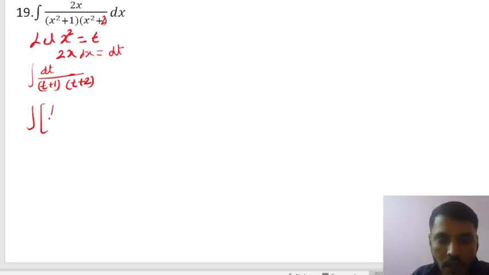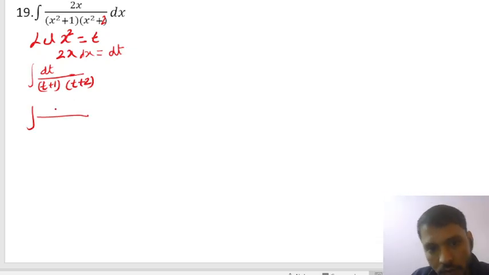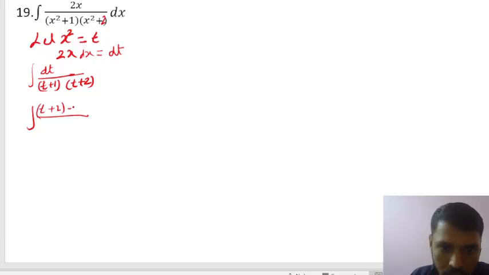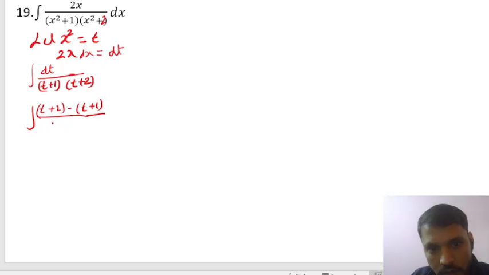Before that I am just taking the LCM, then I will write this step. Means we can rewrite this as t plus 2 minus t plus 1, divided by t plus 1 into t plus 2